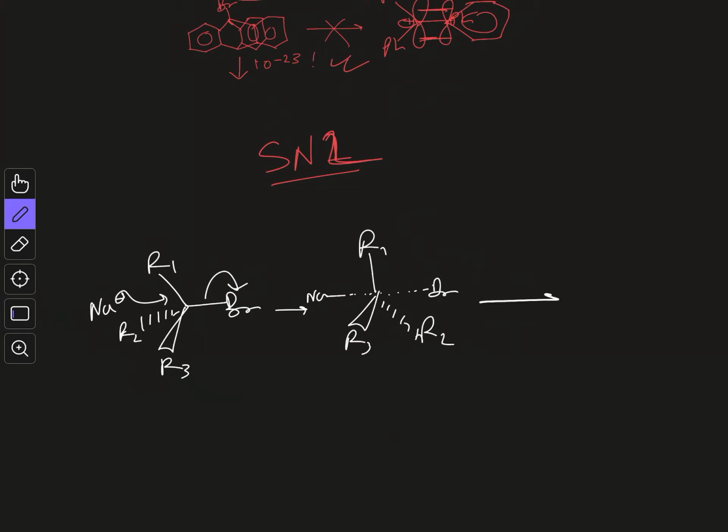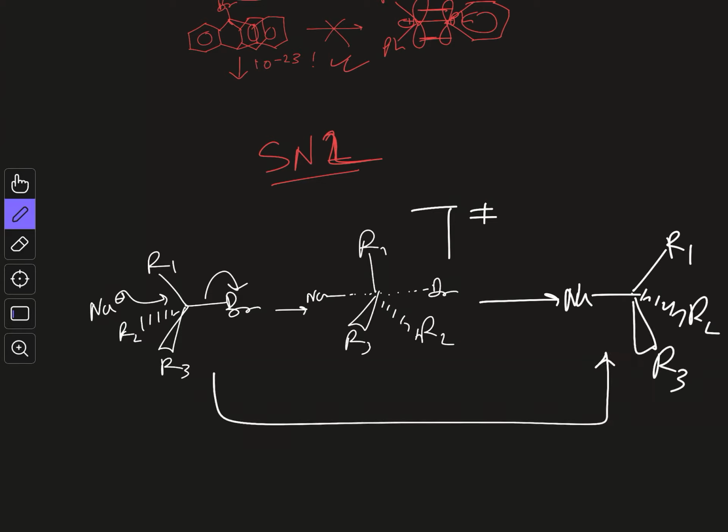So through the transition state you will get a product like this. Here you have nucleophile, here you have R1, here you have R2, here you have R3. So you can see there is an inversion of the configuration. Actually it is like what happens when you have an umbrella and you go into the wind, the umbrella gets inverted. So this is also called inverse umbrella motion, or in general it is called inversion. So inversion occurs in case of the SN2 reaction because the nucleophile attacks from the back side.